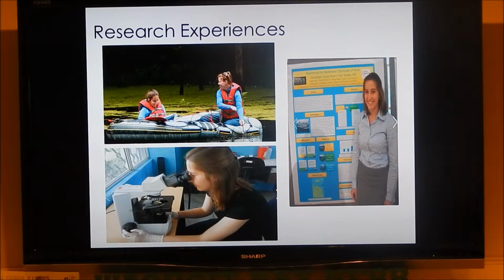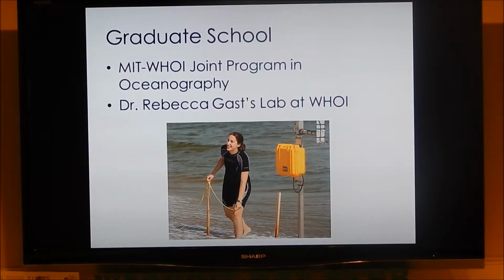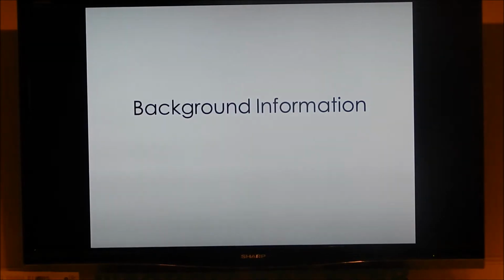So as I was applying to graduate school and deciding what I wanted to do for the next 5 years of my life, I still thought back to that same framework, and I wanted to work on projects related to that. So I decided to come to the MIT-WHOI Joint Program in Oceanography and work in Becky Gas's lab at WHOI. So that's how I got to be doing this work, and I'm really excited to have spent the past 2 years working on environmental antibiotic resistance, and to continue spending the next hopefully three, but potentially 4 years doing that. We'll get down to 3.